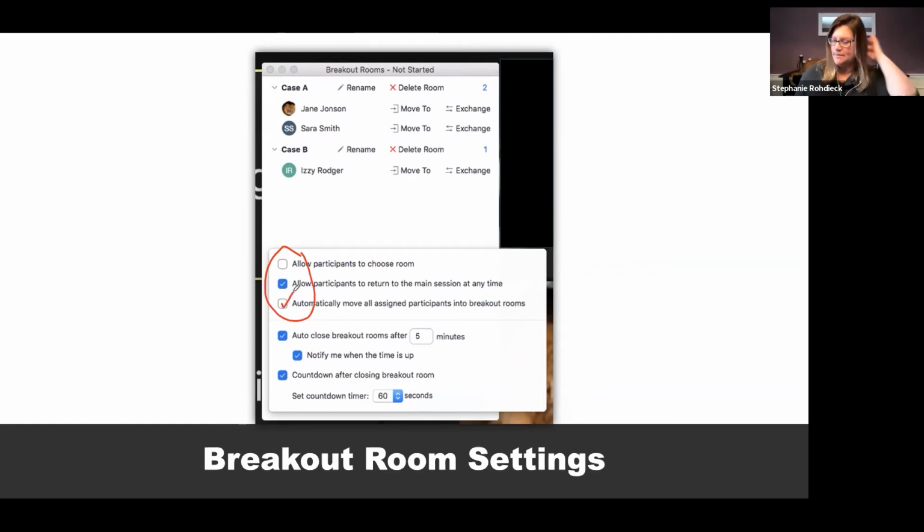Automatically move all participants into the breakout rooms. I'll have to decide in the moment when we do ours. Do I want Zoom to just throw you into a room automatically? If I don't click on that, what happens is your students will get a little sign that says, the host has invited you to participate in breakout room, whatever. And then you click yes or no to join. I guess that's polite and a nice thing to do. For our workshops, I haven't been doing that. I've just been throwing everybody into a breakout room.